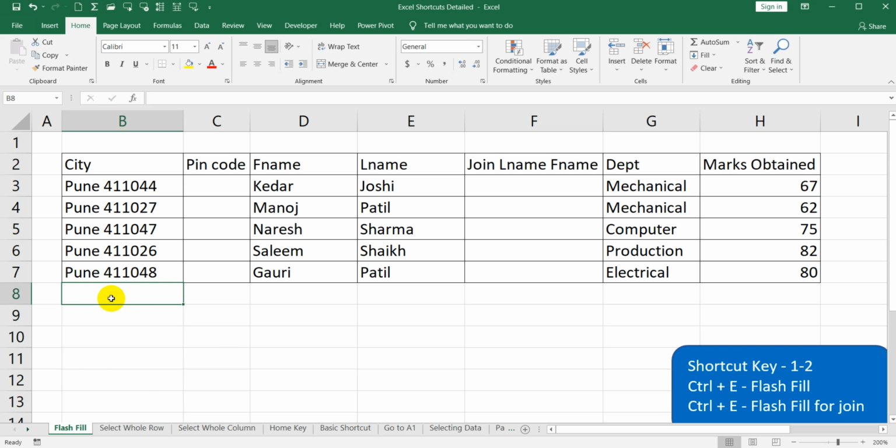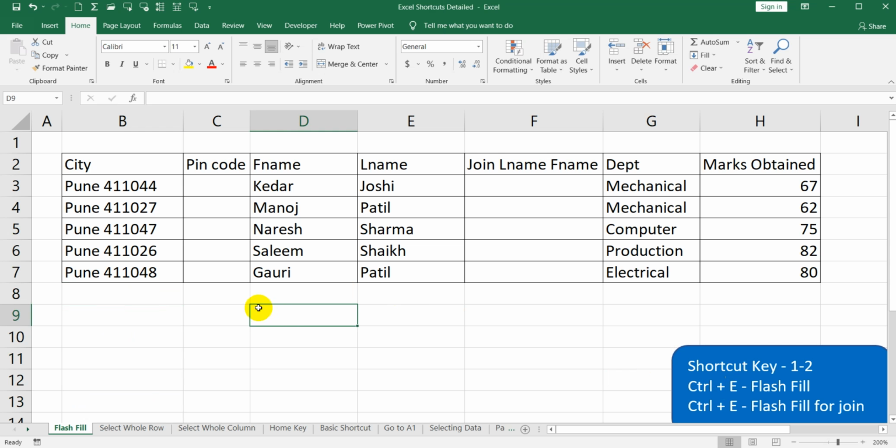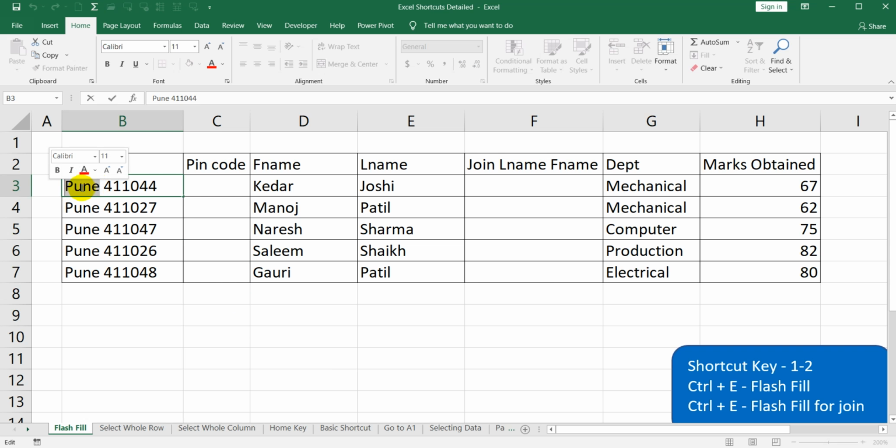Flash fill is nothing but Control E. We can use the flash fill, that is the Control E shortcut, in two ways. First, you can see in the example, in the column City, the city name Pune, and along with the city there is a pin code mentioned. So 411044 is the pin code. Similarly, in the below Pune and